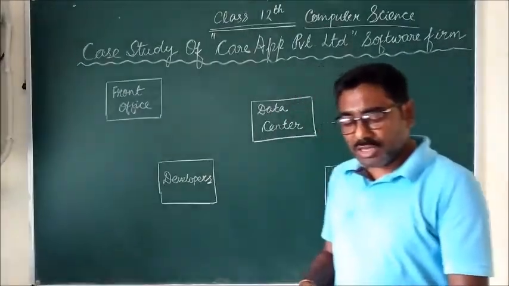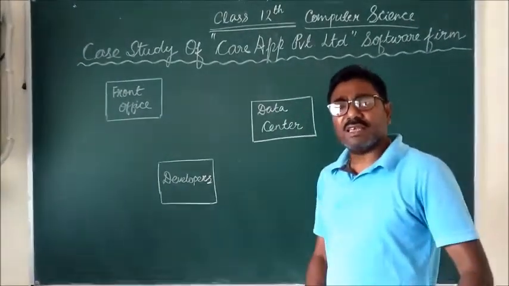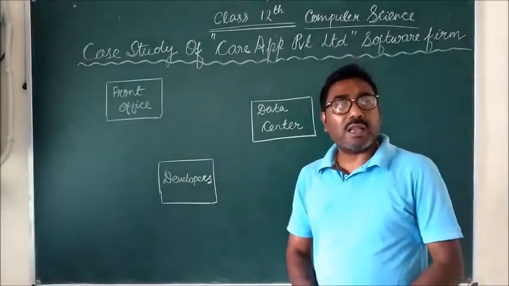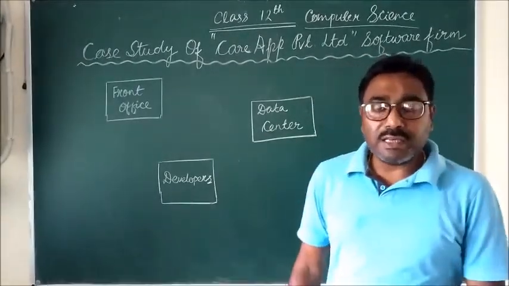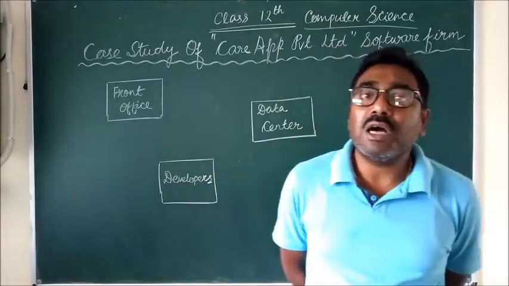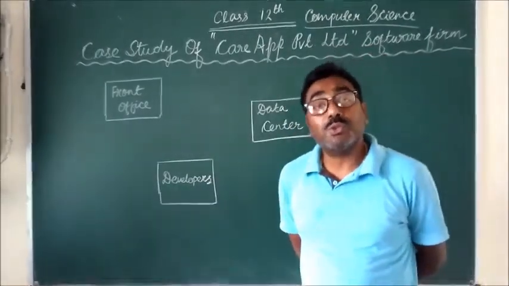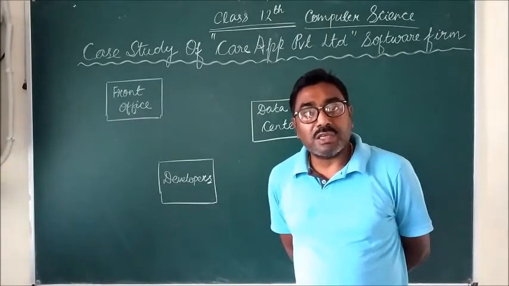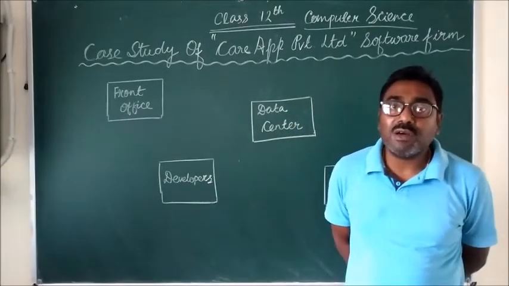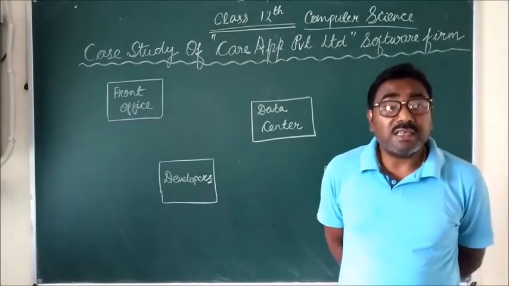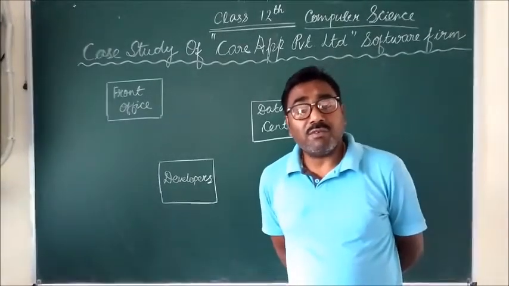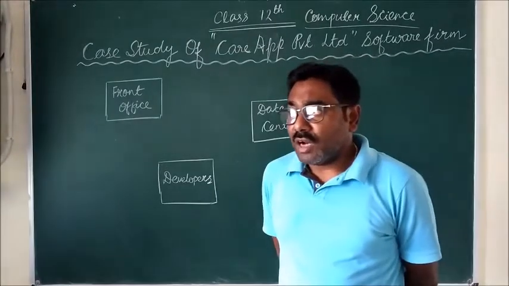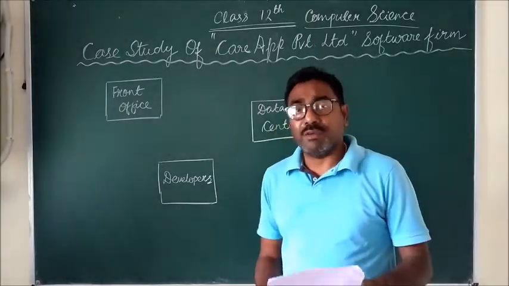The first question is, as usual, we have to suggest the cable layout. I already told you in the last session that in case of the cable layout, we have to approach 2 types of cable layout. One is according to the distance, which is the economy way of connecting. Another is according to the number of computers, which is the efficient way of connecting. So first go for the number of computers.